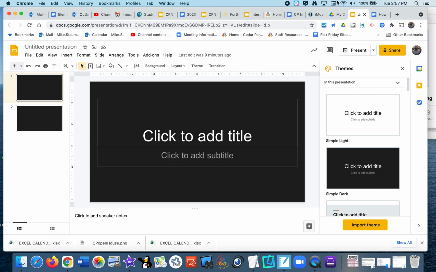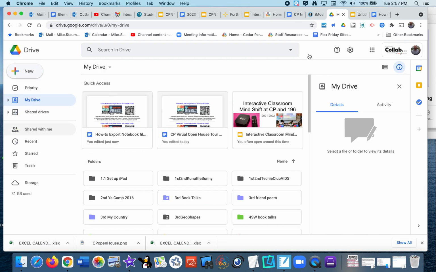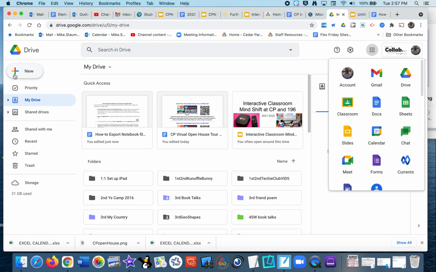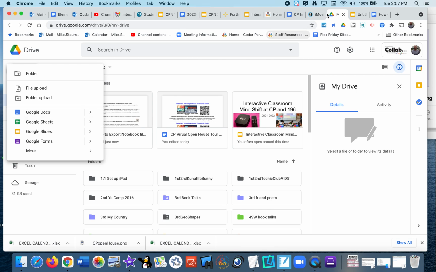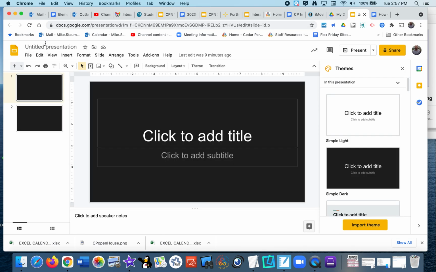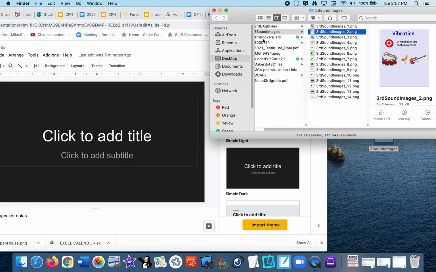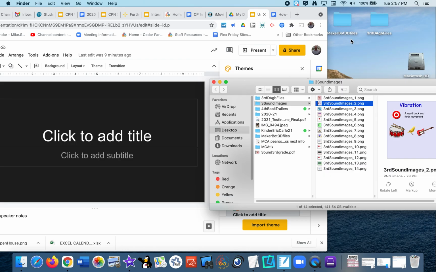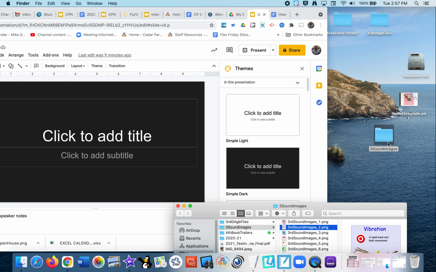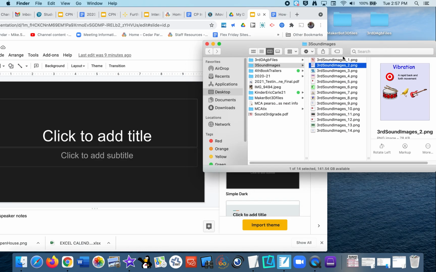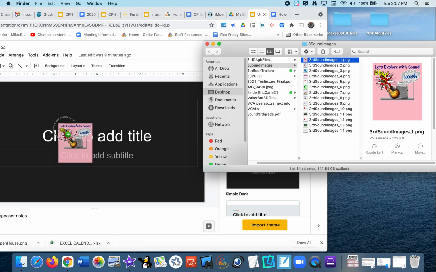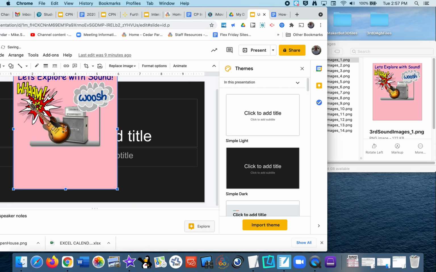Okay, go to Chrome. Go to my drive. Okay, I can go to Google Slides this way. Or I can hit New Slides that way. And an untitled slide presentation will come up. Maybe choose a theme. And then what I like to do is I just like to move this to the left. I have my folder from the desktop, which is right there that I opened, full of the images I just had. And then